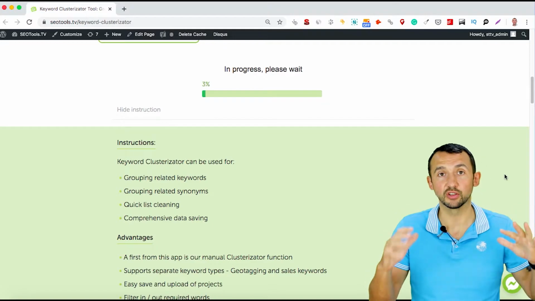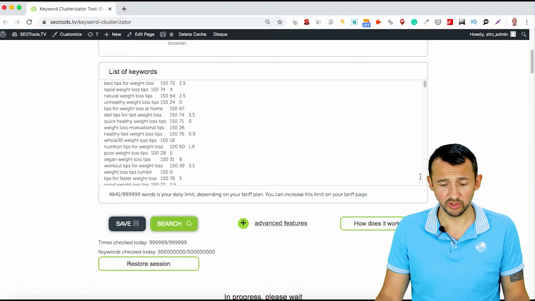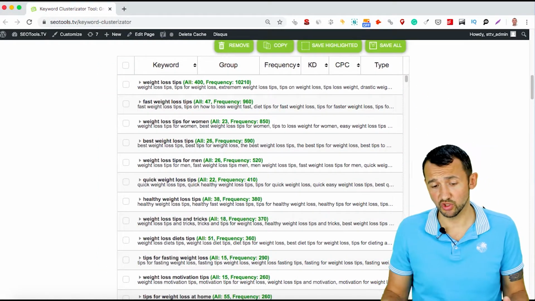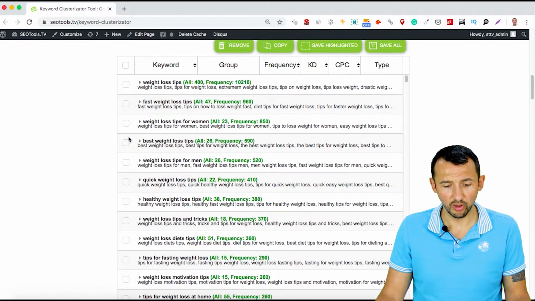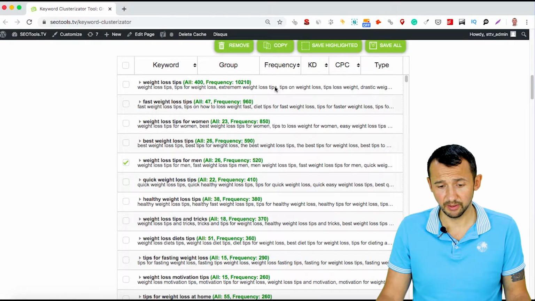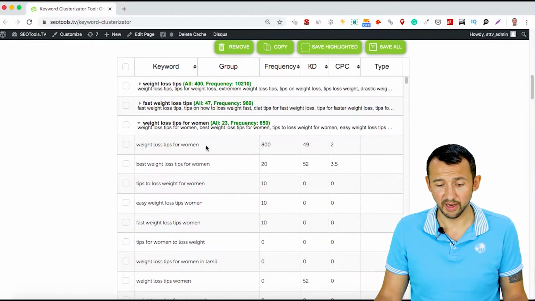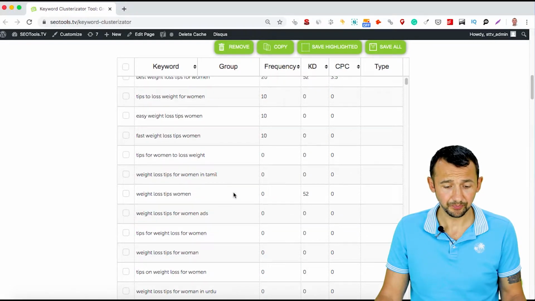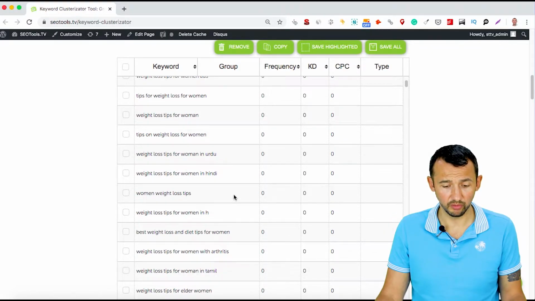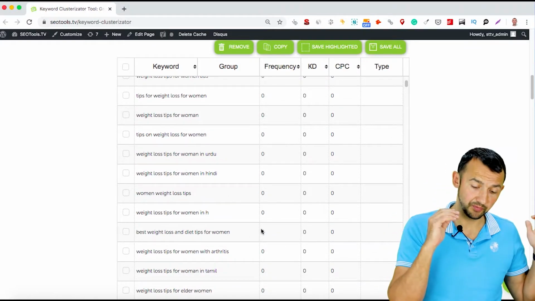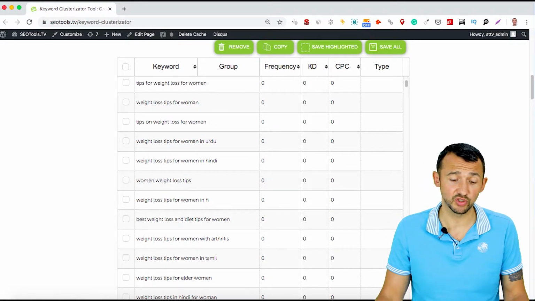And the next thing we need to do is create our structure. When you get the grouped list of keywords, I took the main keyword, weight loss tips, and you can see that I have my list of keywords. Just choose your priorities. Don't try to cover everything. For example, if you don't provide tips for men, just remove them from your list. Or you can open any other group, check out the list of keywords, choose keywords that are suitable with your content, and take away other keywords.